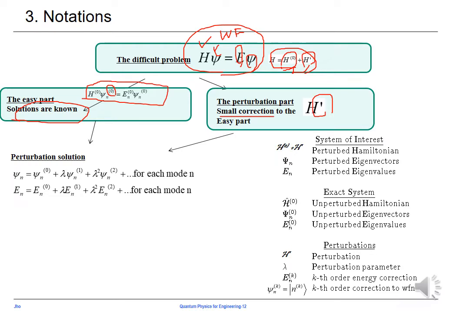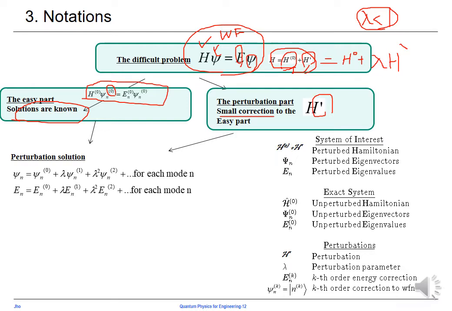Okay. Then what we are doing is, it is supposed to be H0 plus H prime. H prime is the key issue here. Too difficult. So instead of H0 plus H prime, we rather set it like that. Lambda is set to be small. Lambda is supposed to be 1 to solve this,